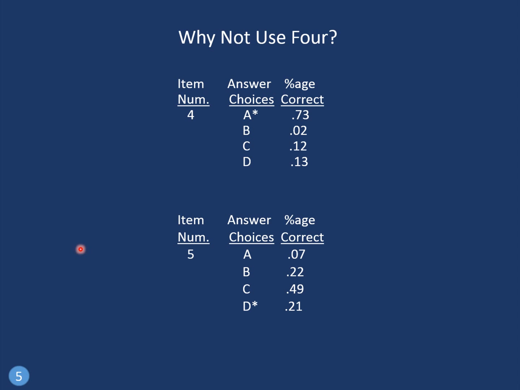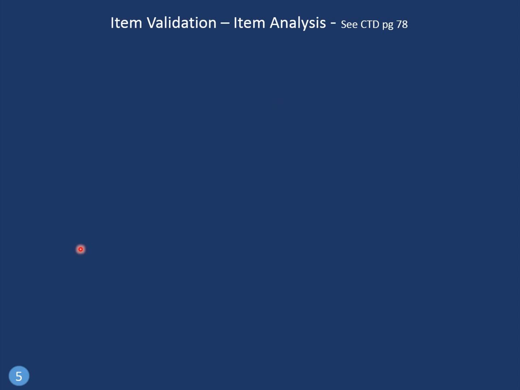Now here's a really bad item, because only 21% of the students got it correct, it was D, but 49 chose C. So I have to go back and look at this. But again, one of the options, the 4th option, A, is hardly chosen. And if you added 5 or 6 options, then you'd just be spreading these numbers out. You'd still have the ones that the students recognize as, yeah, that's the one that an instructor had to stay up half the night for because it's hard to write. And with 3 options, you can add more items to your test, which increases what? Reliability.